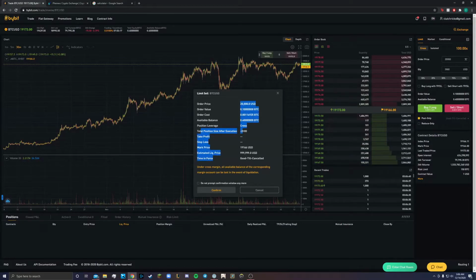Total position size, negative 2,000. It's negative because you're shorting. And then here it says the estimated liquidation price. This is really what we're going to focus on when you place your orders, the estimated liquidation price. So here, my estimated liquidation price is